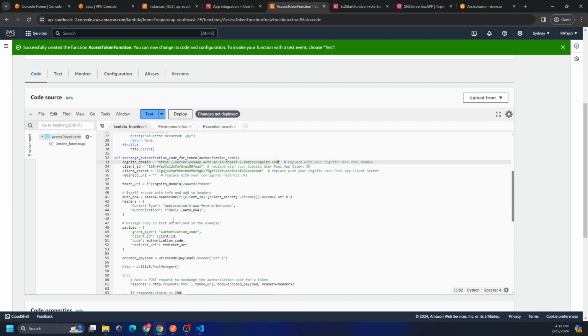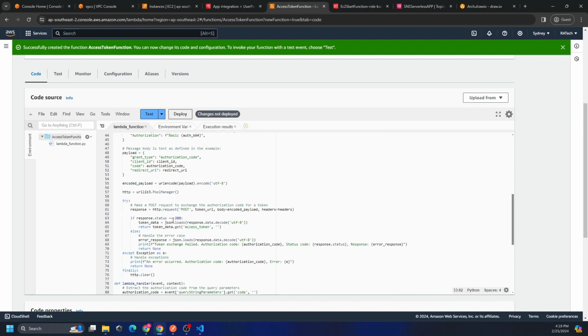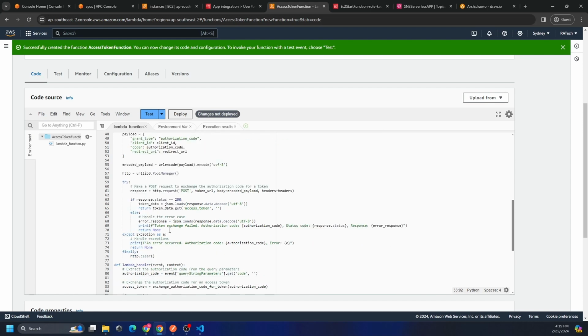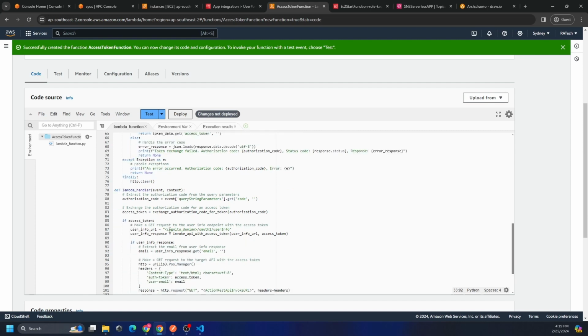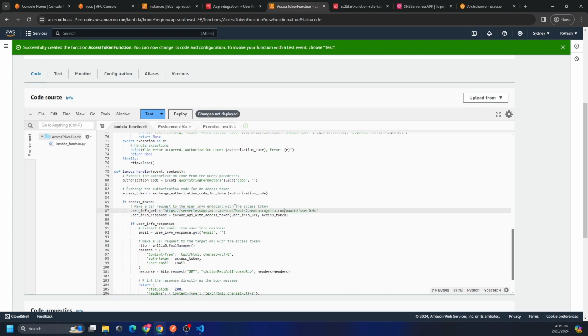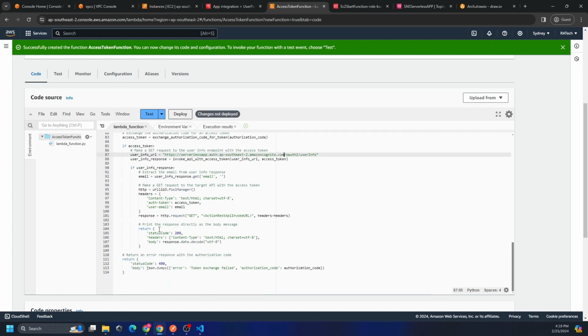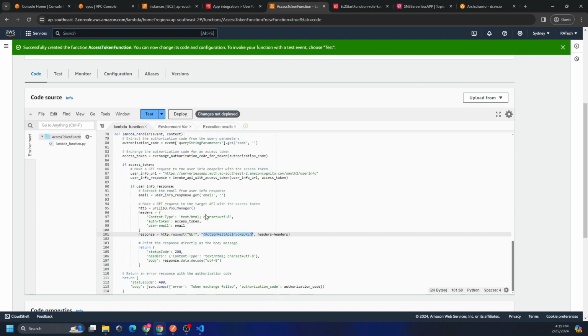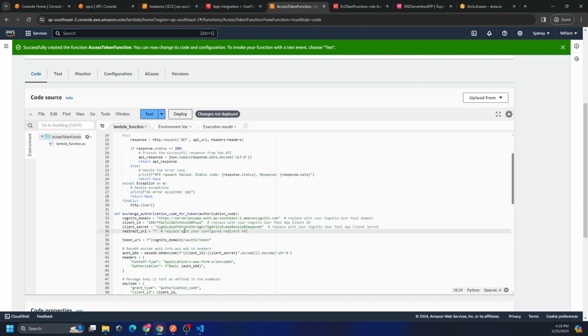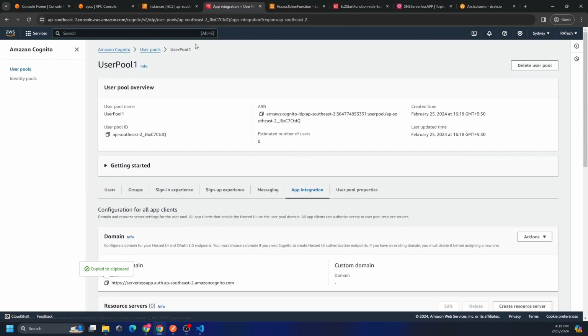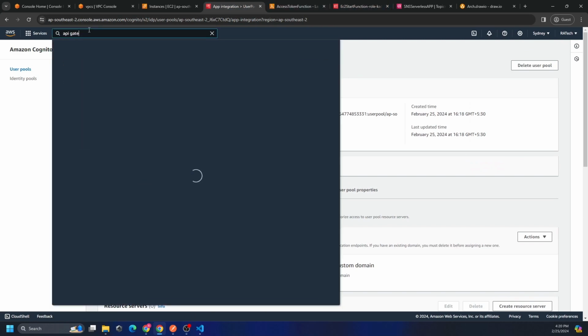Okay, and you'll need to modify the domain again down somewhere. It should be somewhere here. Where is it? Here, the Cognito domain. Need to again edit that. Should be it. So there are some more things you need to get, but for now that's enough. And for this redirect URI, you need to put the callback URL of the Cognito user pool, but that's going to change. So in order for that to change, we'll need to create the